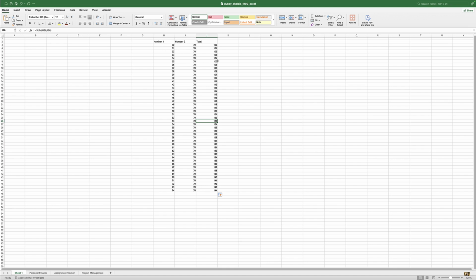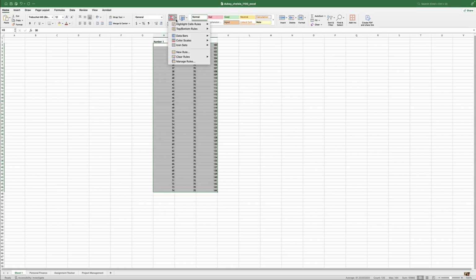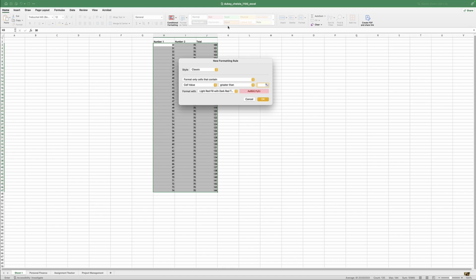Let's say that I wanted to make something a little bit cuter. Let's say that in this section of cells, I wanted to see where the numbers went over 130, okay? So I'm going to do some conditional formatting. This is one of my favorite things. I'm obsessed with it. In conditional formatting, you get to tell Excel what you want it to do. So I want to highlight cells if they are greater than 130. And Excel's going to say, well, do you want them in red? Okay, fine. I can do any of these. I can do a custom one, something that I make myself. But greater than 130 sounds good to me. I'm going to click OK,